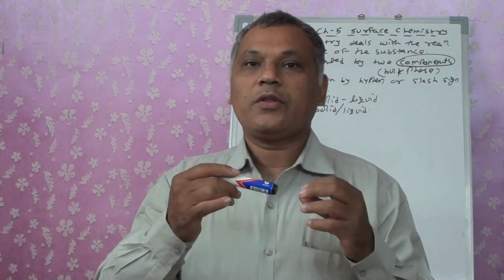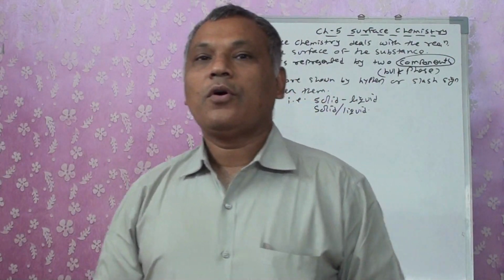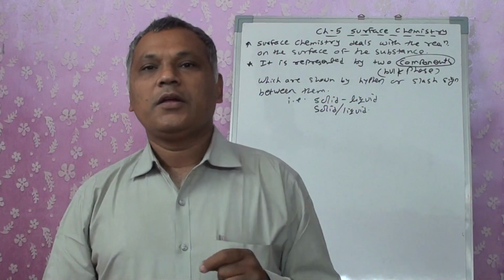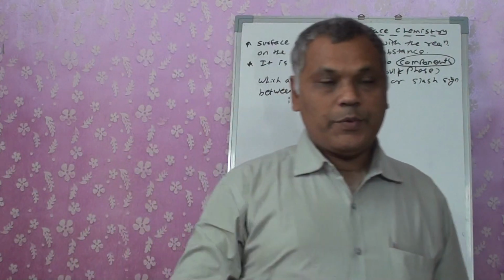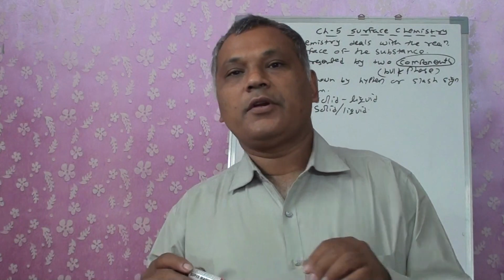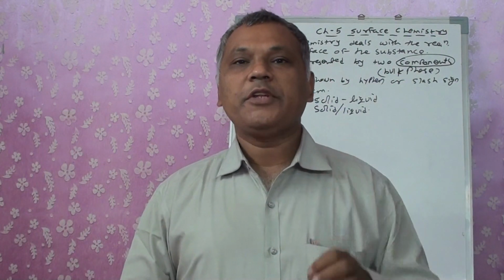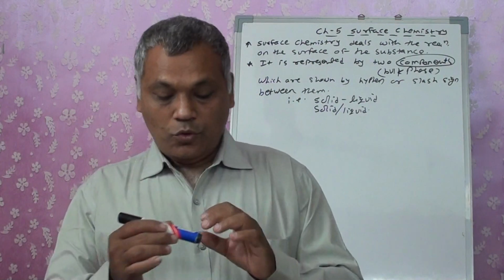The water will be there on the pen. If I hold it vertically, water will drop down, or small particles will only be there on certain surface places. The rest of the space we will find is free, right? What is the reason behind it? The reason is that this surface does not have any pores present in it. The holes, the voids, the empty space, nothing is present. That is known as pores. Particularly for surface chemistry we use the word pore. No pores are present on the surface of it. As a result, what will happen?